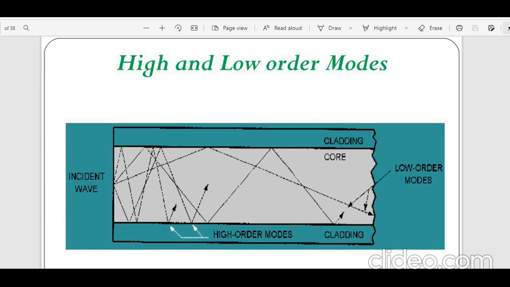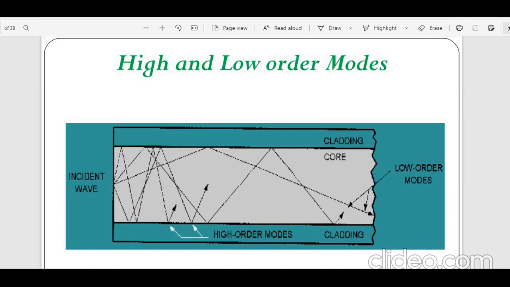As you can see in the incident wave, when we pass the incident light at one particular order, from the core it is touching the cladding. When it is passing from the core to the cladding, it finds different particles, different waves getting incident, right? Whenever we have a maximum number of incidences, as you are seeing over here, that is a higher order mode, meaning one light is getting refracted rays passed from there 2 times.